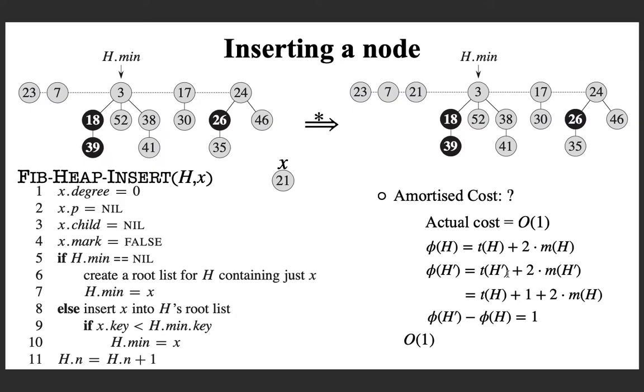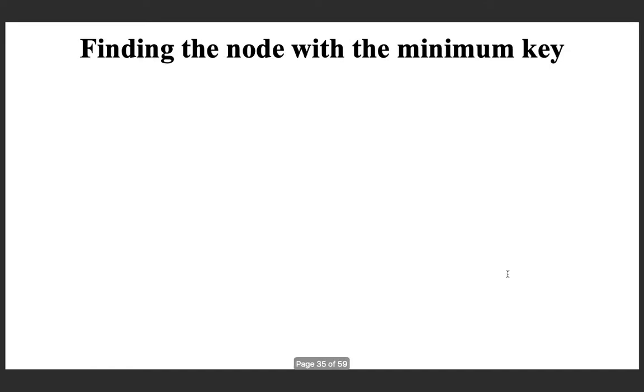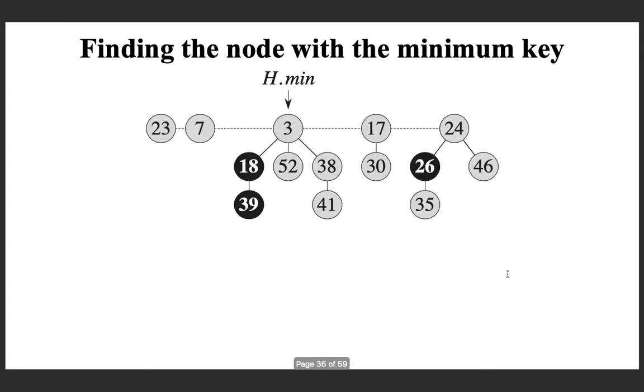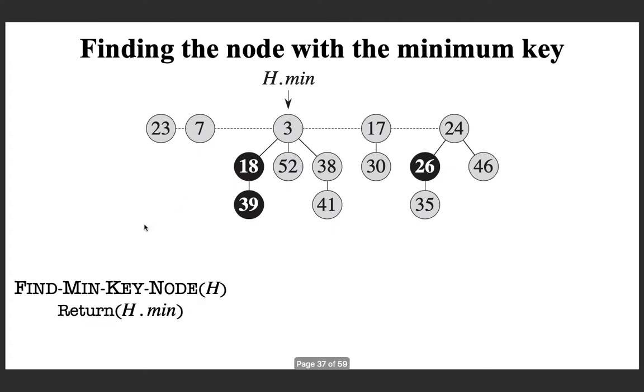And now let us proceed and see a procedure to find the node with the minimum key. You know that given a Fibonacci heap instance, the header node contains a pointer which points to the minimum key node, so you can just return it. Given a heap, h dot min is pointing to the min value node, just return that. So this is of course an order of 1 operation, very easy to see.